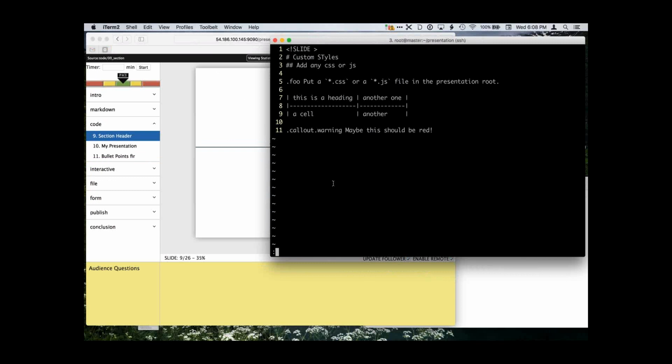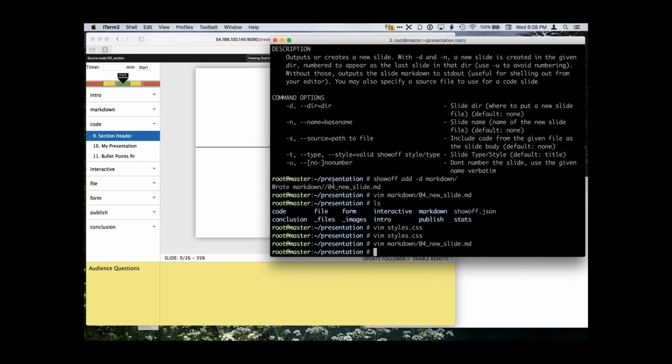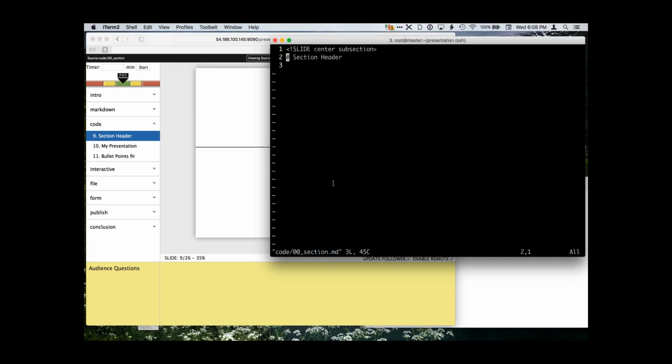Okay, so let's talk about code on a presentation. I'll do code in your slides. This is a centered subsection.